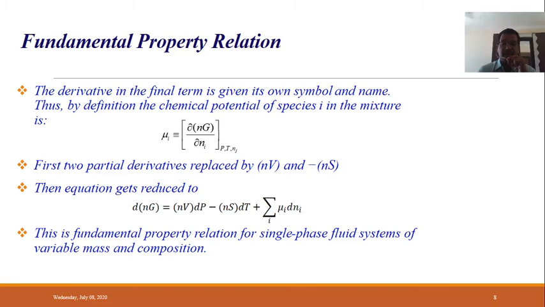This is a fundamental property relation where we have considered change in composition, and we have seen the effect of that composition, and that particular equation will tell about that. That means how Gibbs energy depends on change in pressure, change in temperature, and change in composition here. So this is a fundamental relation, and remember this relation is very useful because many calculations and many derivations are based on this.